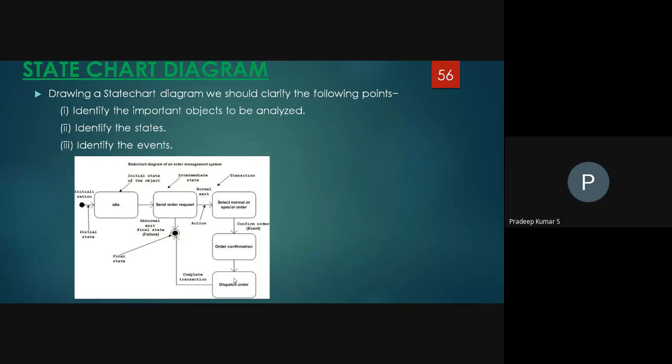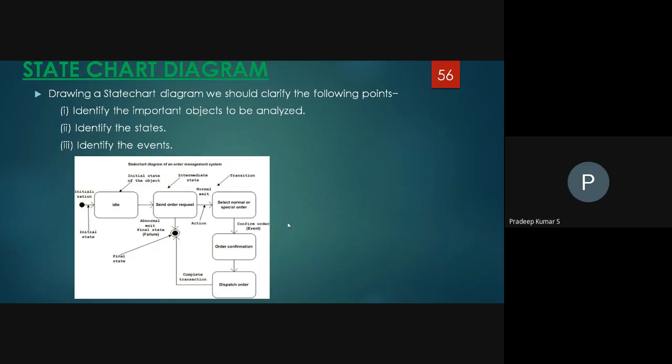I already told. So in each and every state, I can define the initial state of the object, and here the intermediate state of the object. Here the transaction is going on, so that may be either a special order or a normal order. I'm going to give the cash to the customer, or it is an online product, whatever. When the confirmation has to be fixed, the customer checks the amount, receives the amount, or online, I pay the amount, and the transaction has to be successfully done.